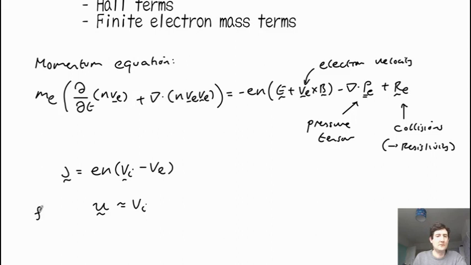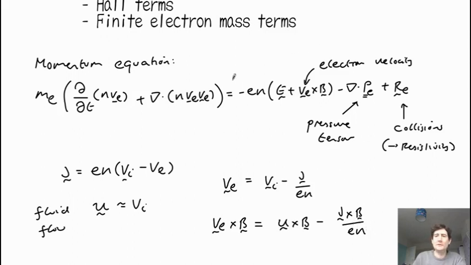This is because it is weighted by the mass of the species, and because the ions are much more massive than the electrons, the flow of the fluid in MHD, for example, is the same as the flow of the ions. And so we can just write the E cross B velocity, for example, becomes